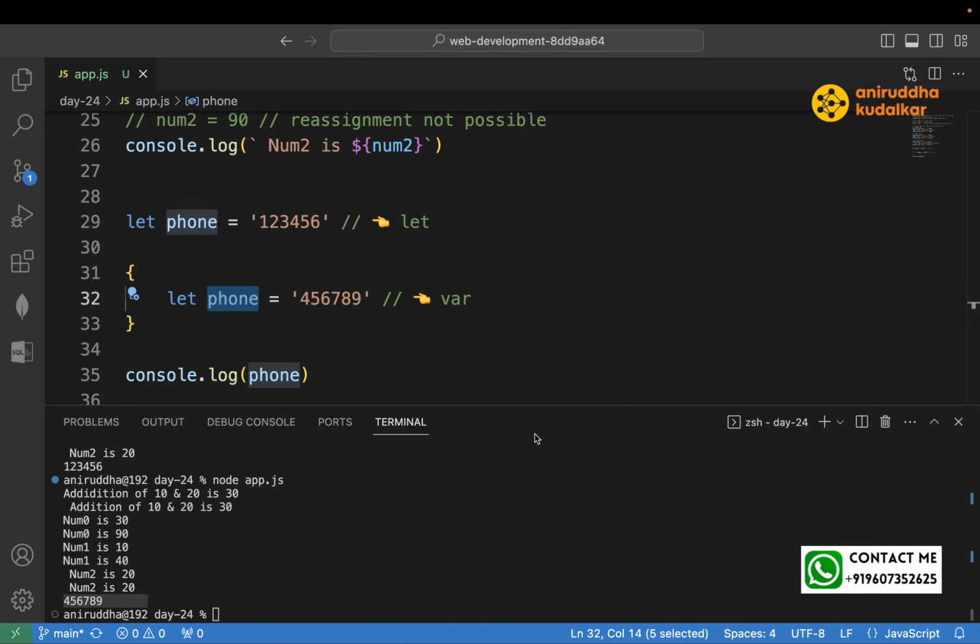What is the difference between let and var? The scoping is respected by let. Var doesn't respect the scoping. Let respects the scoping. What do you mean by scope? Lifespan. So technically, if you write the bracket,